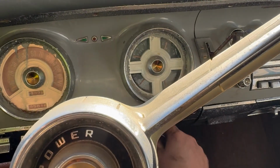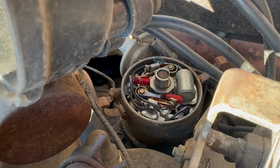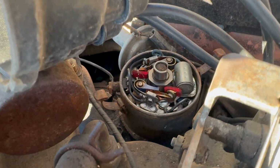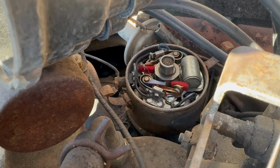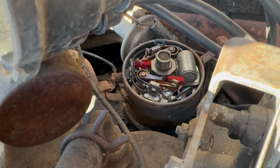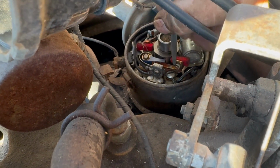That might be enough to do something, actually. Here's a first for the channel. Dual points. That's kind of good and bad news. The good news is dual points perform at higher RPM. They're great for performance uses. The bad news is twice the scrubbing and twice the wondering what the heck is wrong when this thing won't